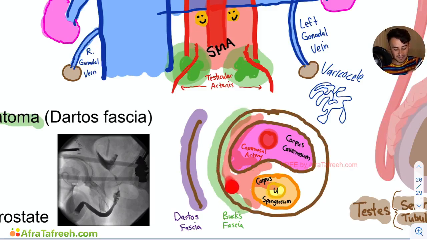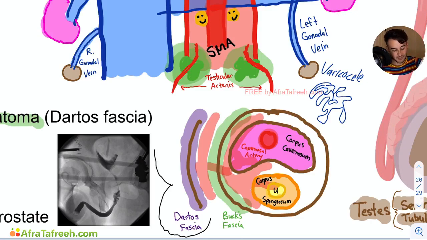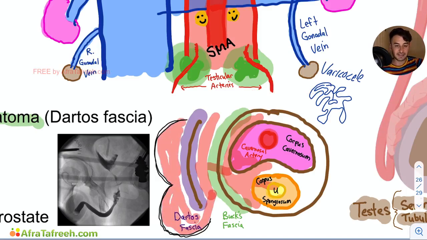And so what happens is if we get a rip in Buck's fascia from this traumatic injury, then this blood is going to leak out into this area here. This area is confined by dartos fascia, and dartos fascia is actually going to go all the way down to the testicles, which I'm labeling here off to the side, and the scrotum. And so that's why we get a scrotal hematoma, because it's dartos fascia that is holding all this blood and channeling it down towards the scrotum, which is why this anterior urethral injury bleeding leads to scrotal